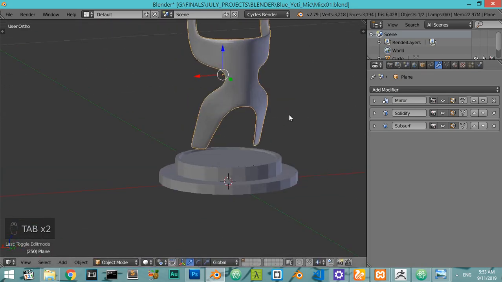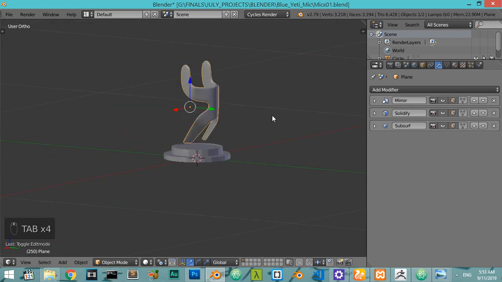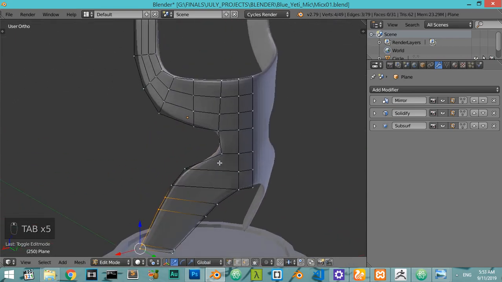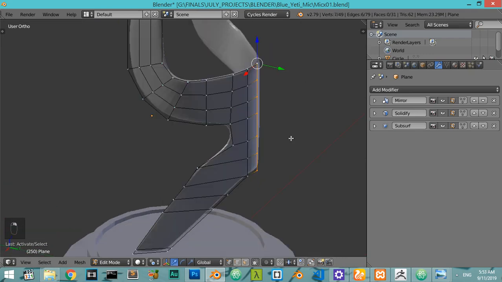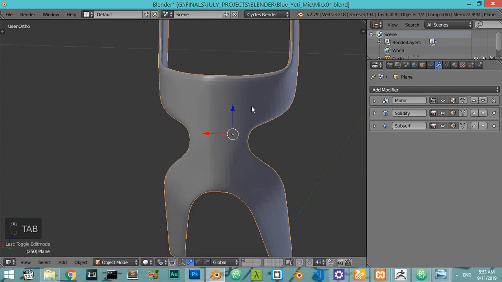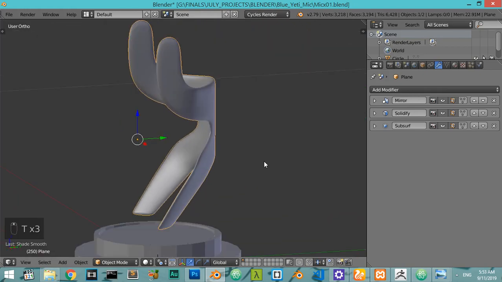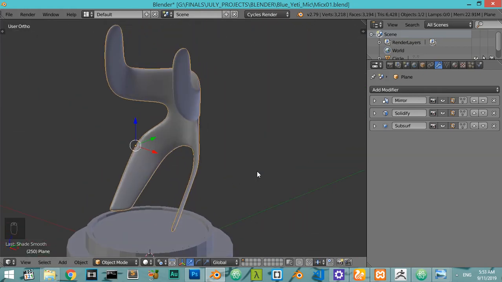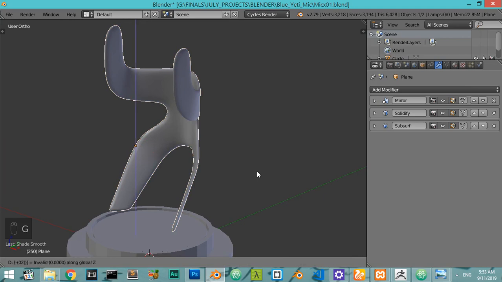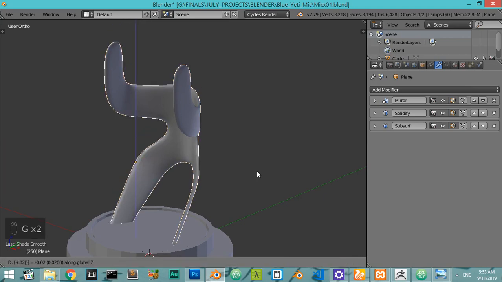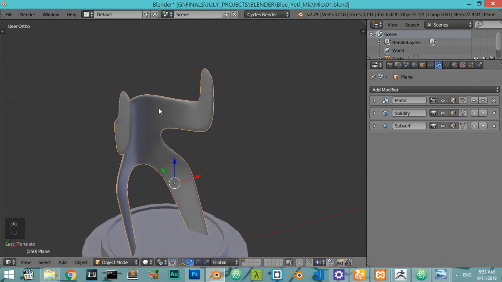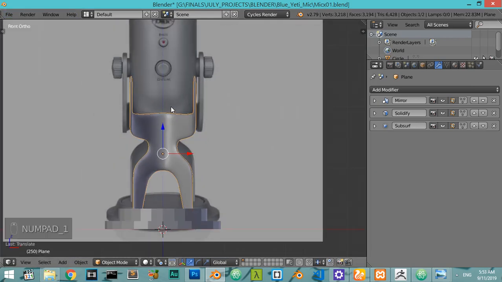And I think it's now close to our reference, but if you think we can pull it a few times like this to make it a smooth curving, and don't forget to apply the smooth shading and move again 2 centimeter like this. Now we are done with the stand, and the next step will be